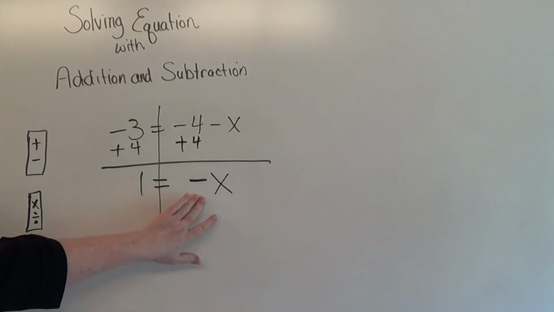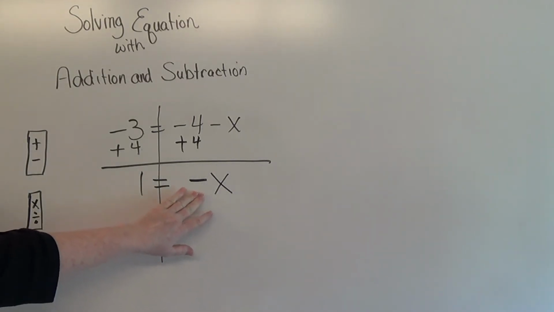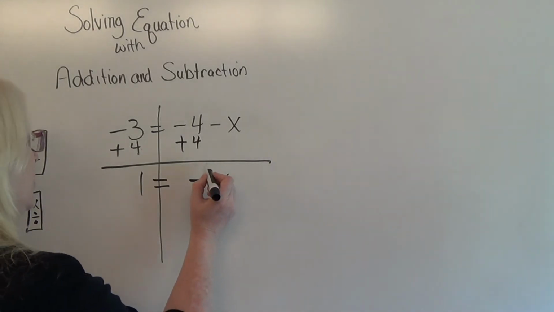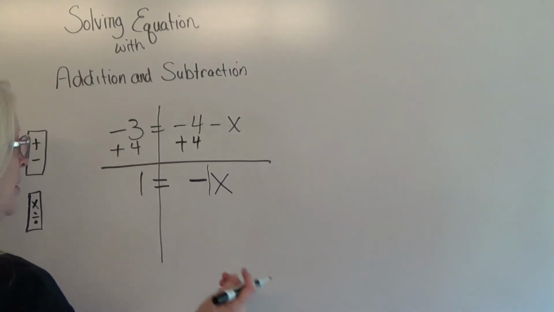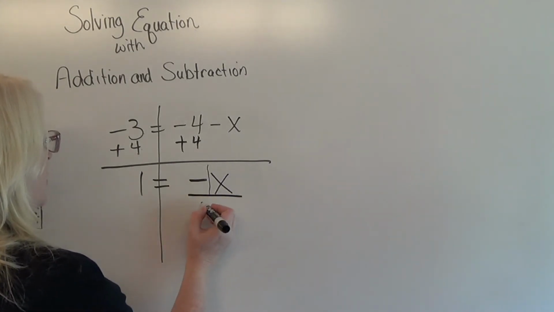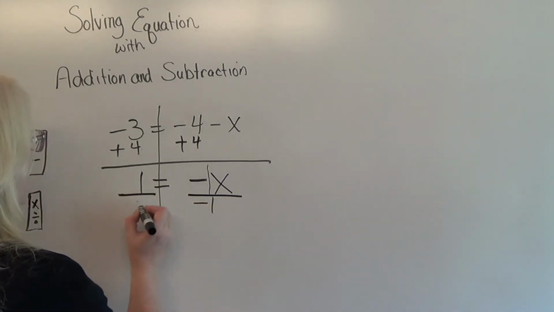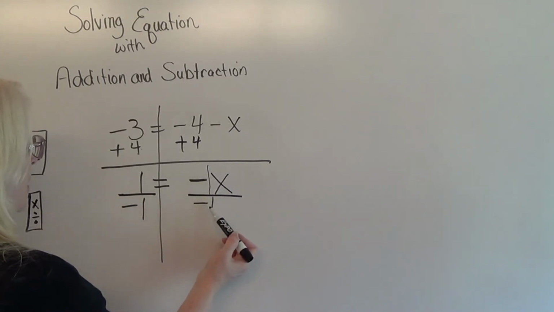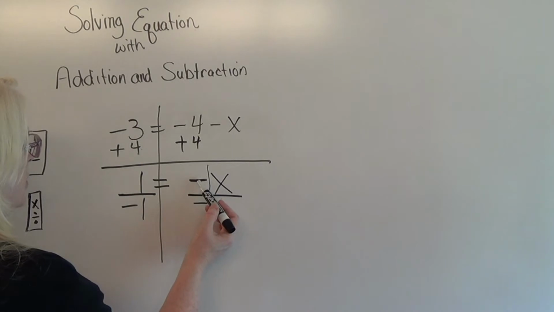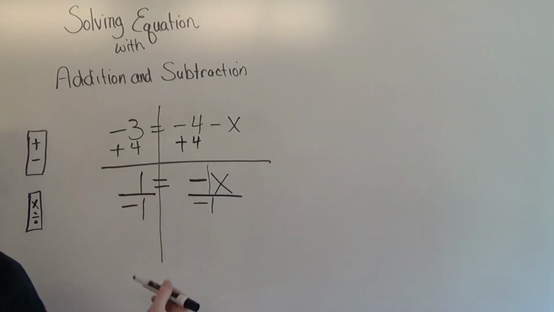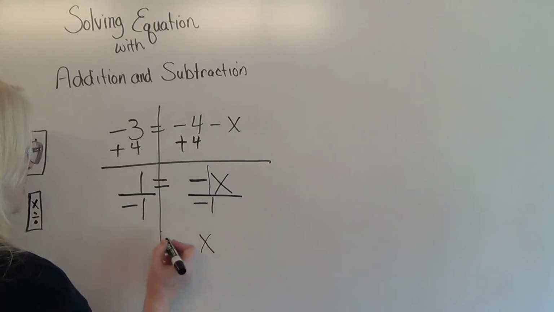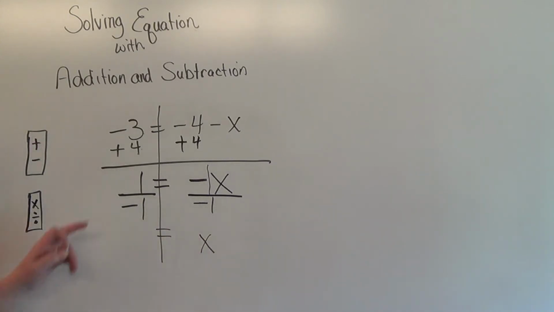Well, in your final answer, you can't have a negative in front of the variable. So what we're going to do is, it kind of looks like this. There's actually a 1 here. So we're going to divide through both sides by negative 1. And this cancels out and becomes 1, and two negatives are even, so that makes it positive, which is what I wanted. So now x is positive, and then I have 1 divided by 1, which is 1, and